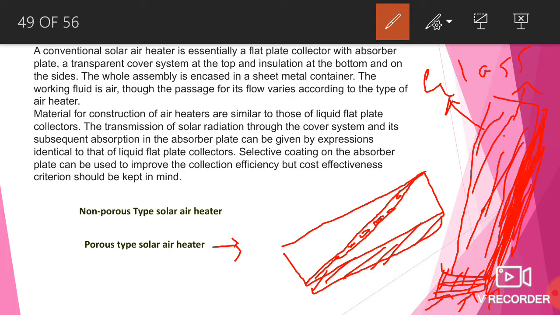So the difficulty with the turbulence is the pressure drop across the collector. Too many surfaces and too much restriction to airflow will require a large fan and a large amount of energy to push the air through. The energy required for this cancels out the saving from using solar energy, particularly if the fan is electrical and the amount of energy which is burnt at the power plant to produce the electrical energy is included. So these defects are eliminated in a porous absorber type collector in two ways.